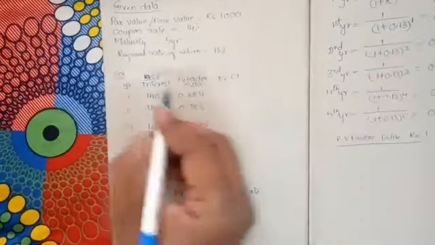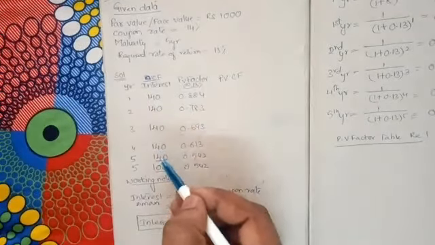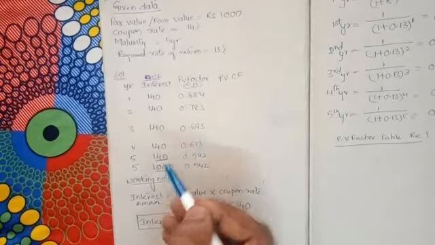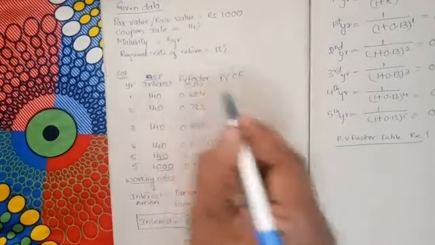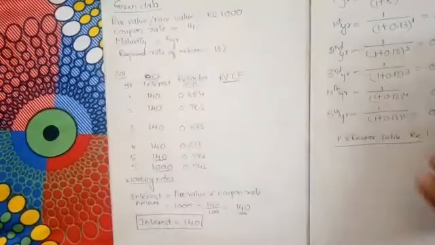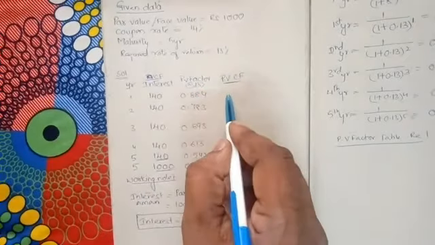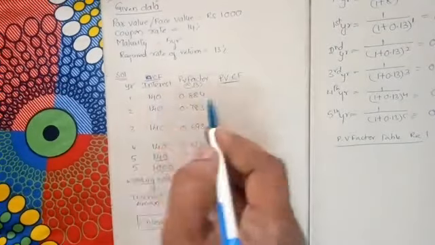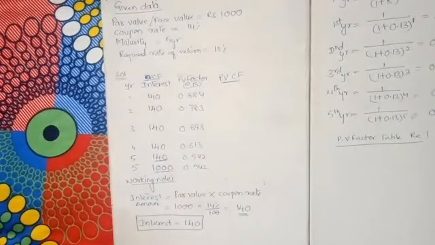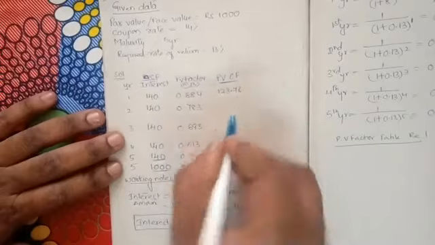This is the cash flow that we are going to get after 1 year, after 2 years, after 3 years, after 4 years, after 5 years. This is also after 5 years. But what is the value of that 140 today? That we call the present value of cash flows. So after getting the PV factor, when we multiply, we get the value. Example, tell me, what is the value of 140 into 0.884? 123.76. Okay, what do you mean by that 123.76?